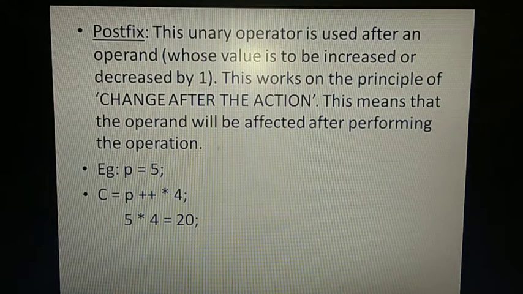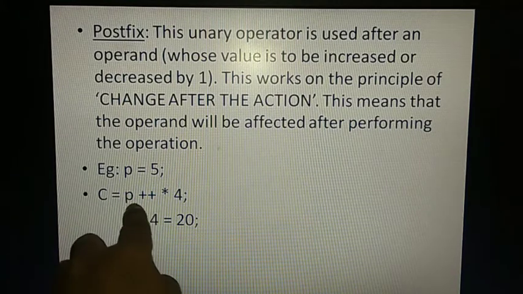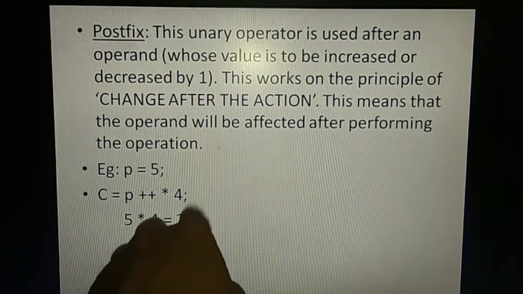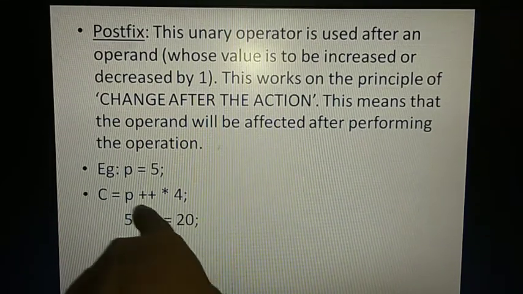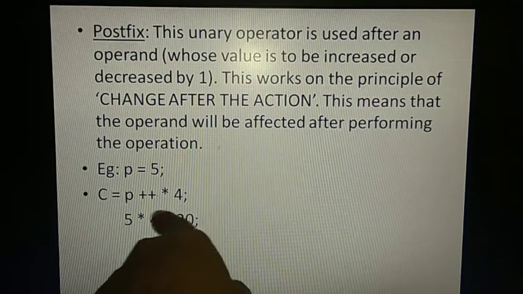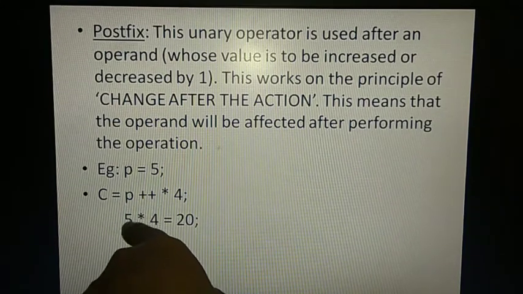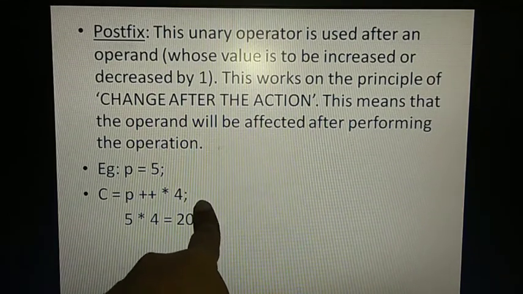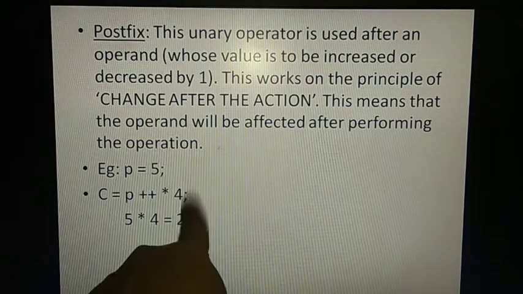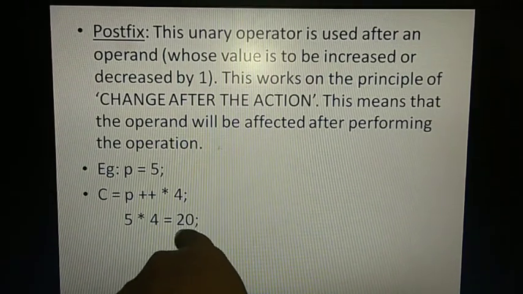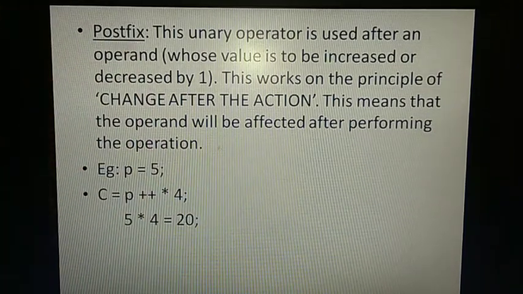But here why has the action not taken place afterwards? Because the expression ends over here. If it were plus plus p again or minus minus p again, then the one increment would be given to the next expression. As it ends over here, the resultant value is given and it stops.